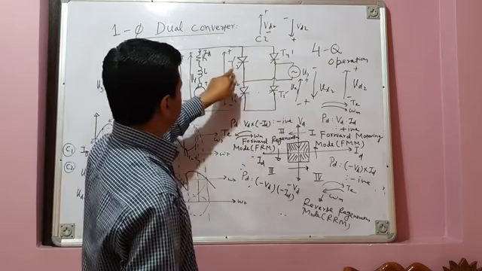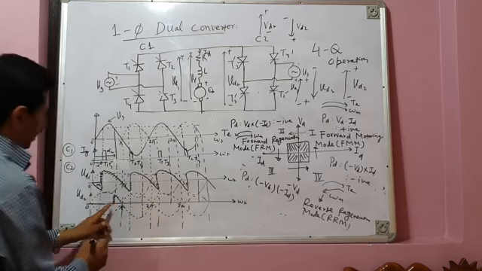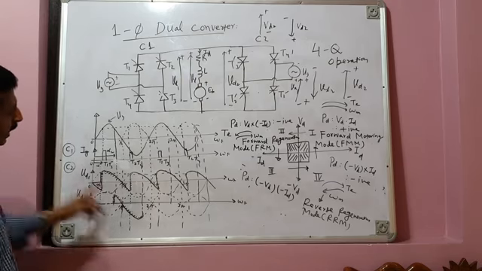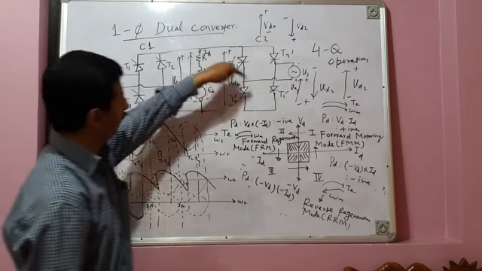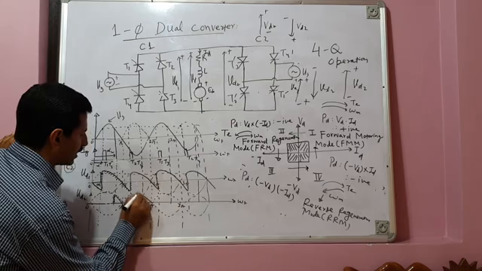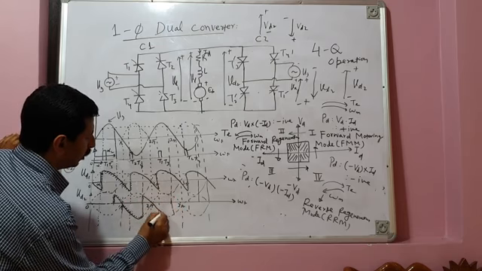Assuming continuous current conduction, then from this firing instant to the next firing instant. Where is the next firing instant? Here. Here T1 dash T3 dash will conduct, and T1 dash T3 dash will continue to conduct after the next instant of firing, and this is the next instant of firing. So from here to here T1 dash T3 dash continue. And then here firing pulse is issued to the other pair of devices T2 dash T4 dash. For a small period, load voltage will be a small segment of positive half cycle of source voltage, and from here to the next instant of firing load voltage will be negative.